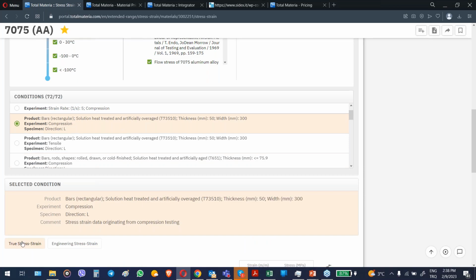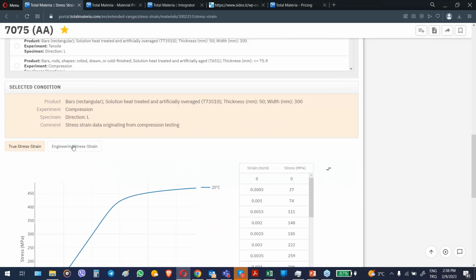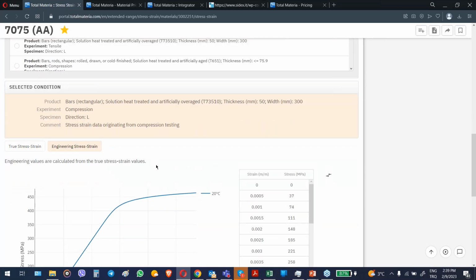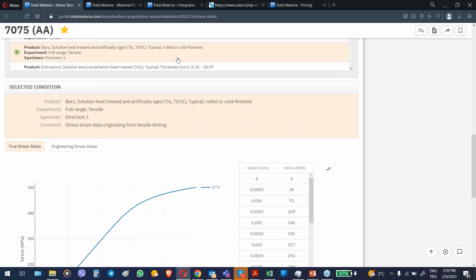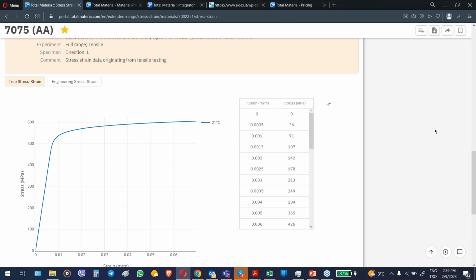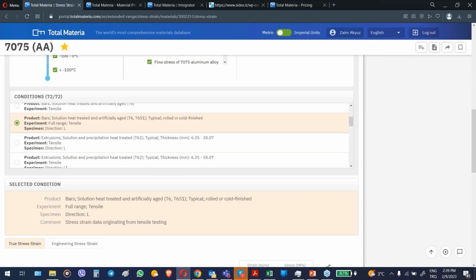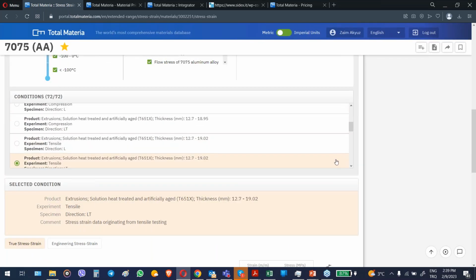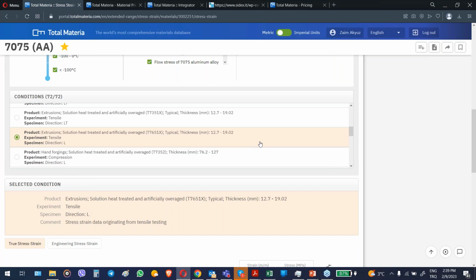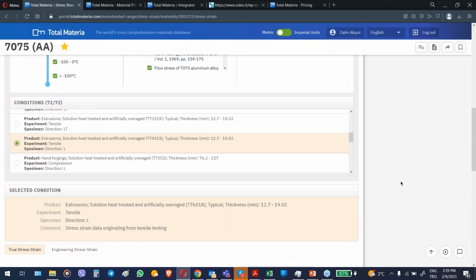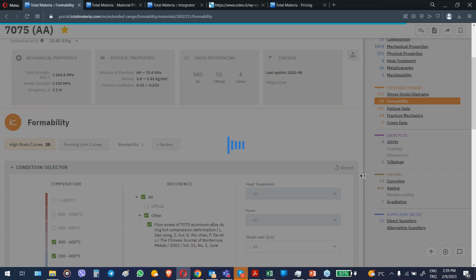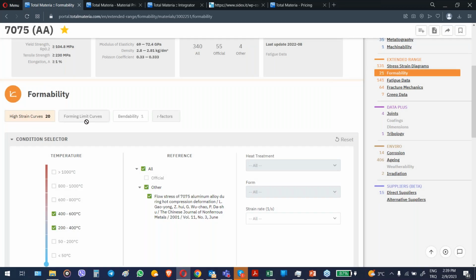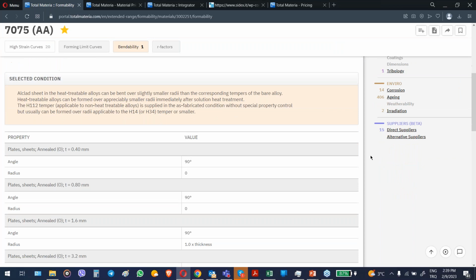As you can see, true stress strain and engineering stress strain options, and different stress strain curves with different temperature ranges. Also, we have formability data, high strain curves, forming limit curves, bendability or R factors,